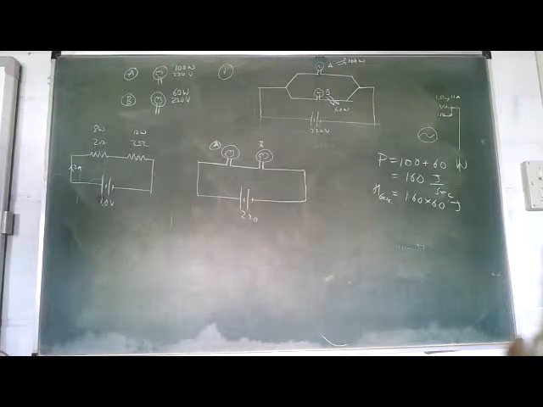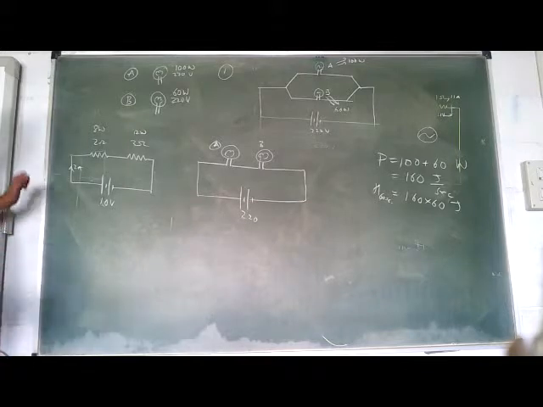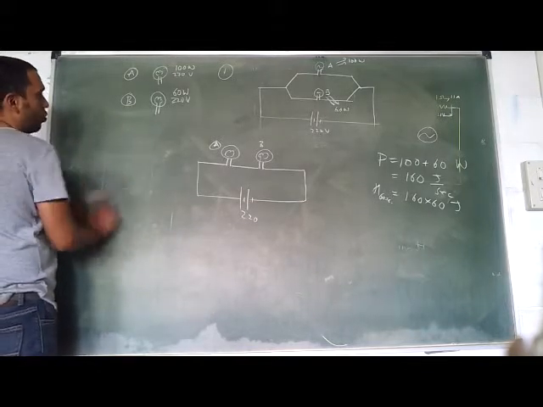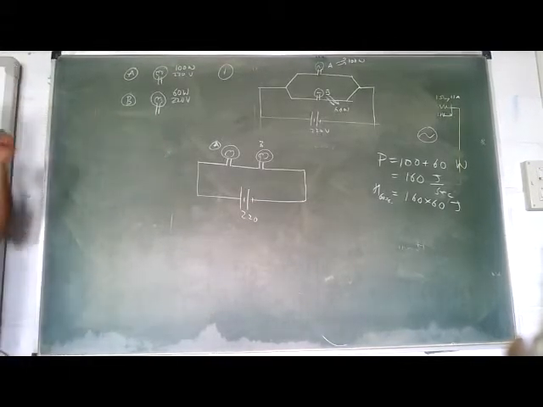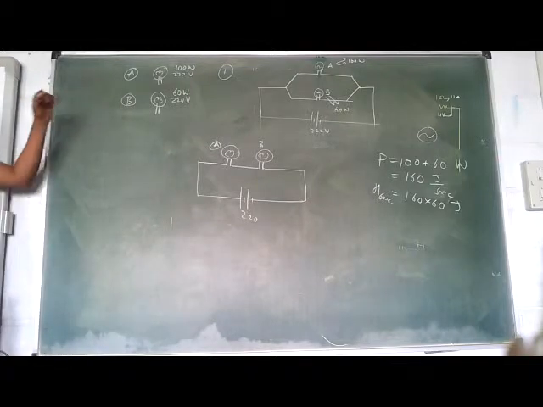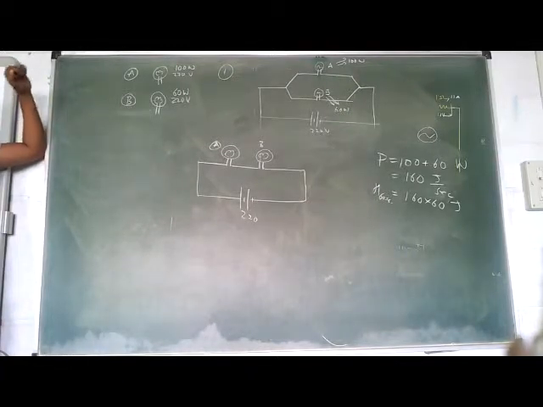Now the main issue is how to get the resistance of the bulb. How to get the resistance of the bulb? Anybody? Yeah, tell me. How to get the resistance of the bulb? What will be the value of the resistance of bulb A? 484, right. See, the rating of the bulb is 100 watt on 220 volts.